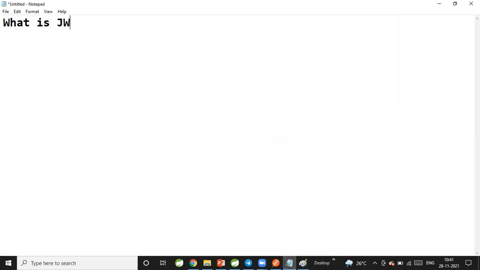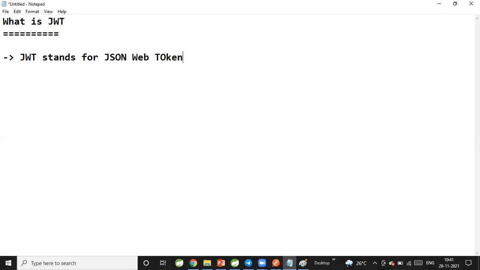What is JWT? JWT stands for JSON Web Token.